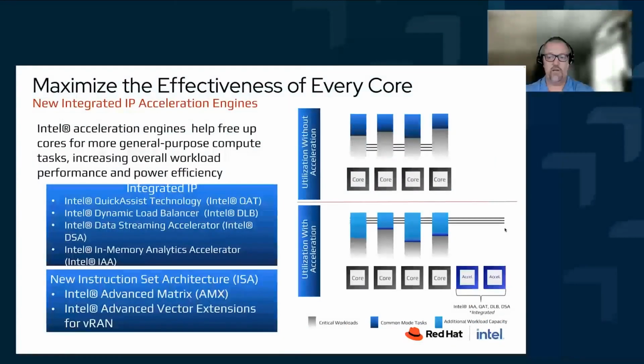And then a quick snapshot as to maximizing the effectiveness of every core. So Intel's been addressing workload optimization by building acceleration into our products in 2 ways. Integrated ISA, increasing application performance by taking advantage of instructions on the core, like AVX-512, 5G ISA, and AMX. And integrated IP, or adding integrated IP accelerators on the chip, increasing effectiveness of cores by enabling offloading of common